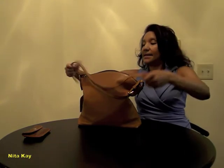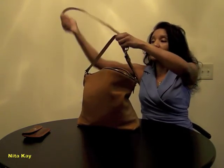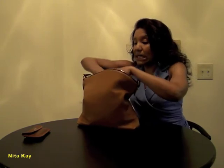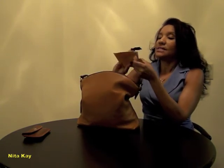I keep it in the bag. I guess if the spirit hits, I'll turn it into a crossbody. Honestly, I will hardly ever wear this crossbody. It's just too big of a bag to wear crossbody. I have the cards here. The technical name to this bag